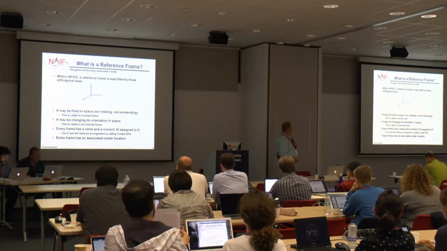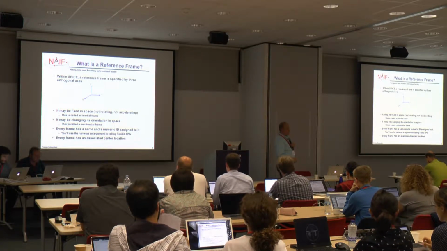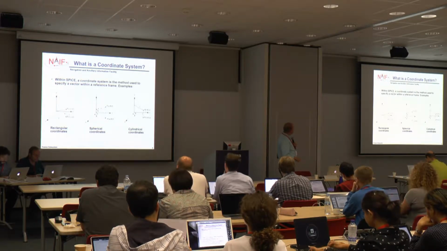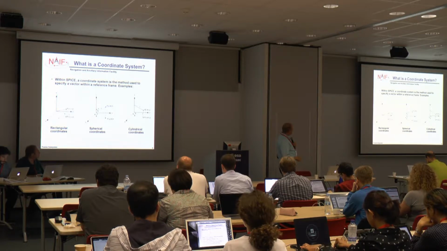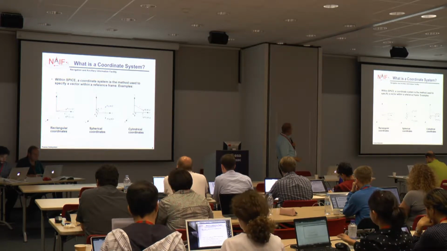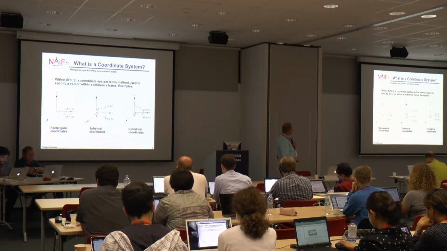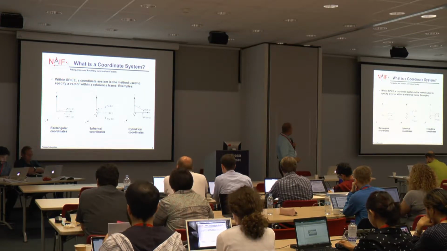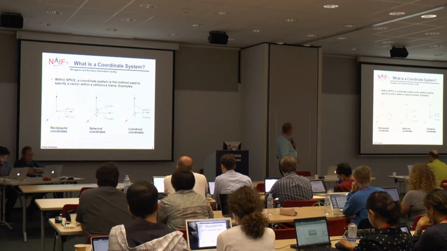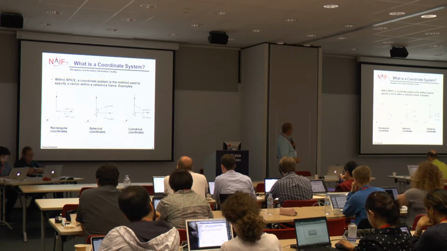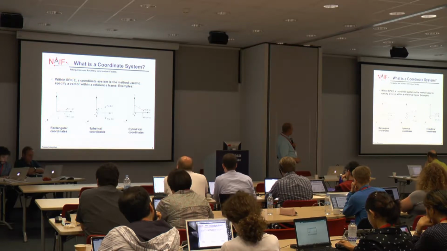Every frame has an associated center, but that center is only used to do light-time corrected orientation of the frame. A coordinate system, on the other hand, is a method used to specify a vector within the reference frame. Examples are, here's just your Cartesian vector, x, y, z. Here's the same vector represented in spherical coordinates with latitude, co-latitude, and radius, or cylindrical coordinates with latitude, height, and